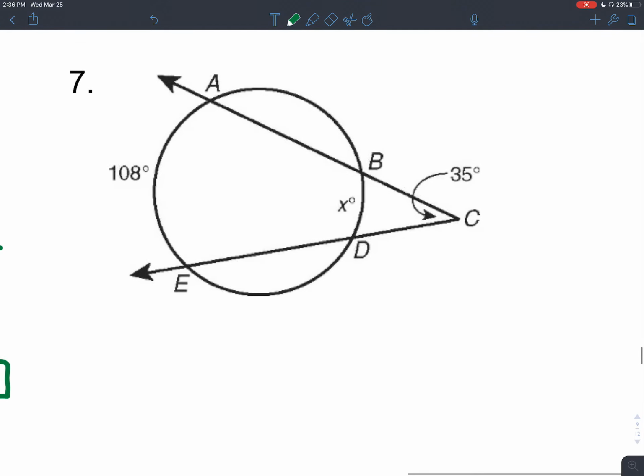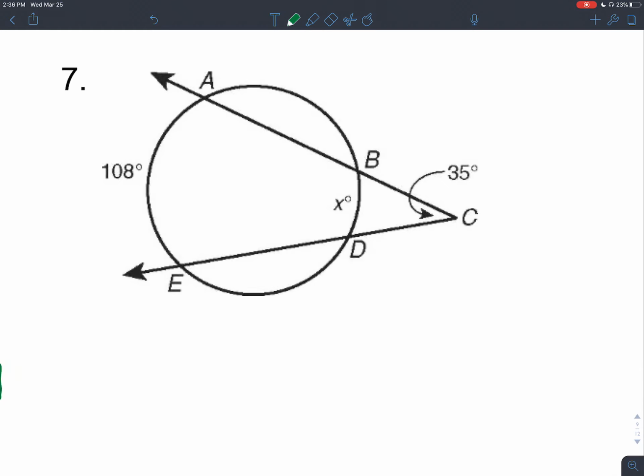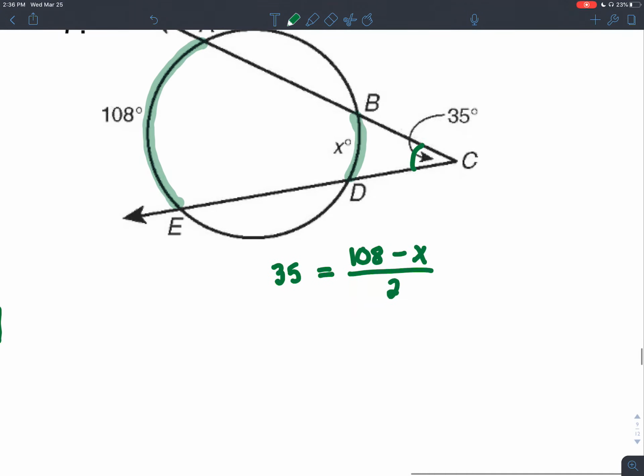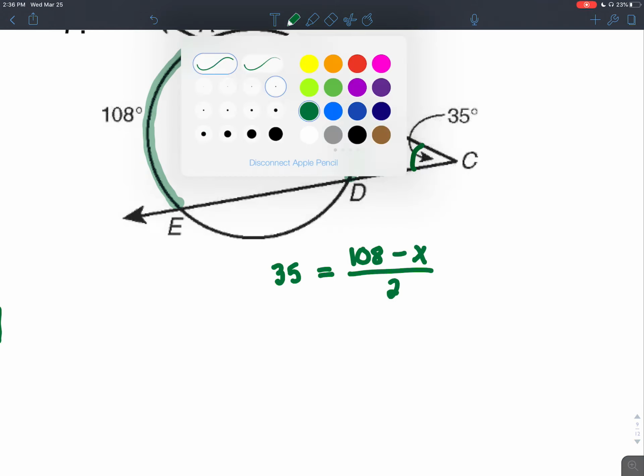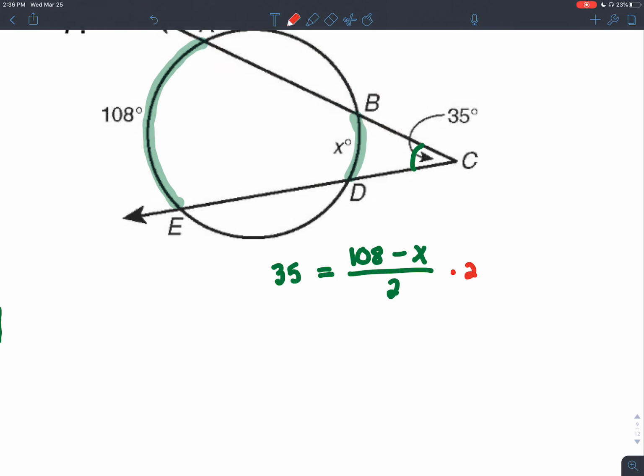And our last one. In this one, the x is in a different place, but that doesn't matter. It's okay. So when we subtract the arcs, here's the bigger arc minus the smaller arc. So 108 minus x, if we cut that in half, it will be equal to our angle, which is 35 degrees. Okay, so now all we're doing is solving for x, so we need to multiply by 2 on both sides,